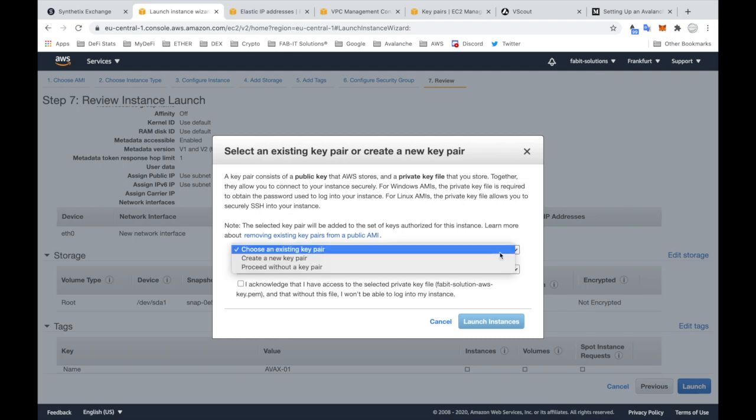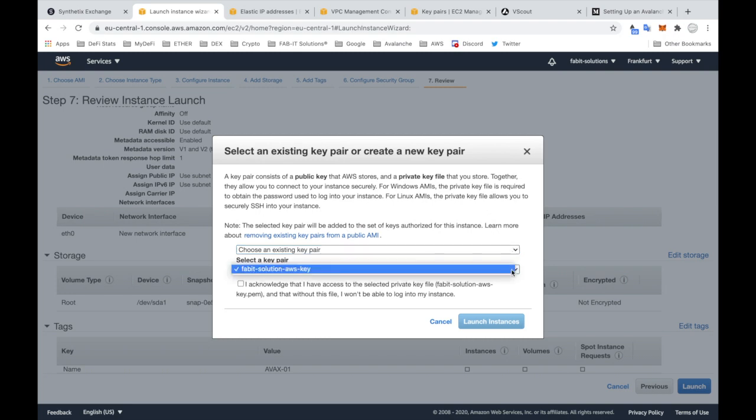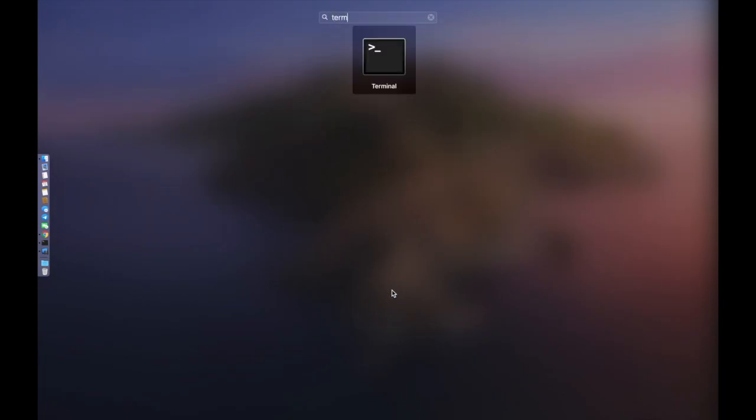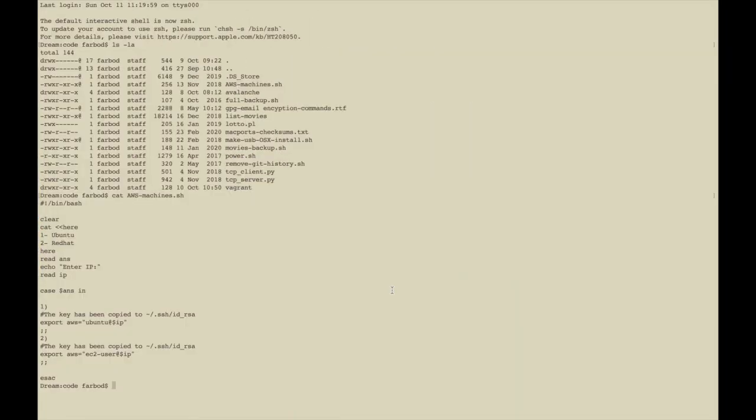And when you launch, then you can choose the key pair that we have already selected, which is FAB-IT Solutions AWS key. I acknowledge that I have access to the selected private key file, and as a matter of fact, we do. So if I go to my terminal,